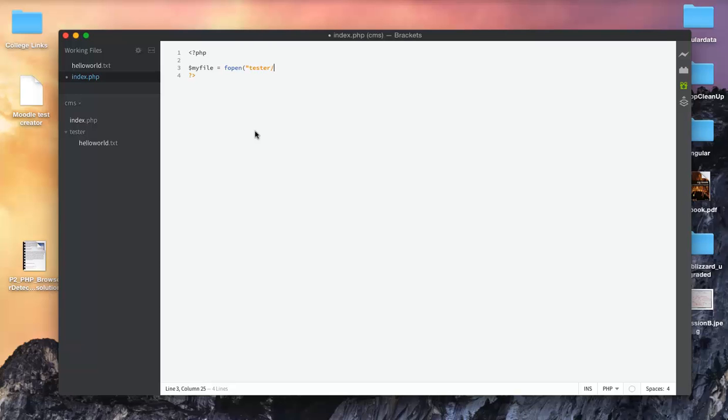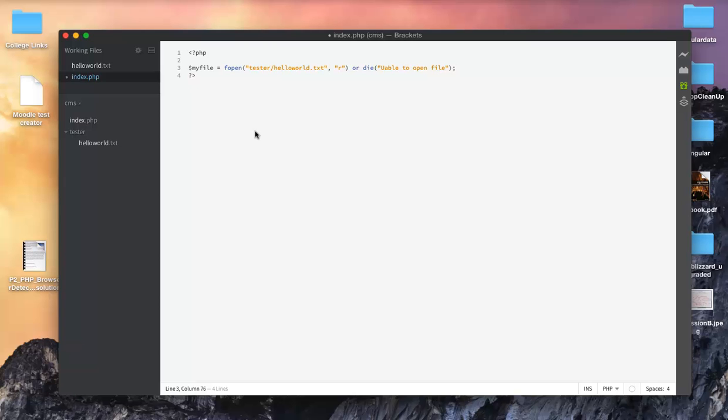So in this case that's in our tester file. So we'll put tester/helloworld.txt. These should be in speech marks, and then we can add a few different parameters. We're going to add the R parameter, which we will cover in a bit more depth as we go into the lesson. We need a message if we're unable to do this, so we're going to use the or die, and we'll say here unable to open file,